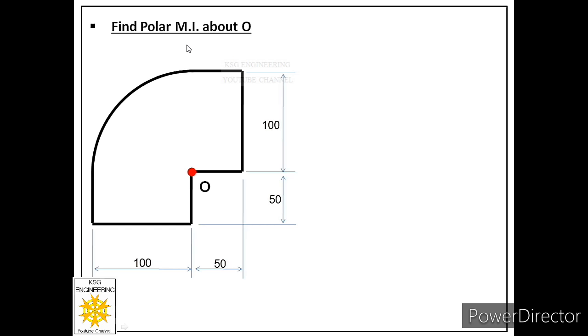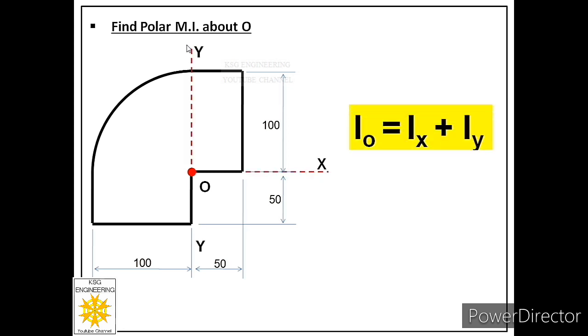And over here we have to understand one very important point: polar moment of inertia is always equal to the sum of the area moment of inertia of the composite area about the other two perpendicular axes starting from the same point. And those two perpendicular axes are within the plane of the composite area. This particular theorem is called the theorem of perpendicular axis.